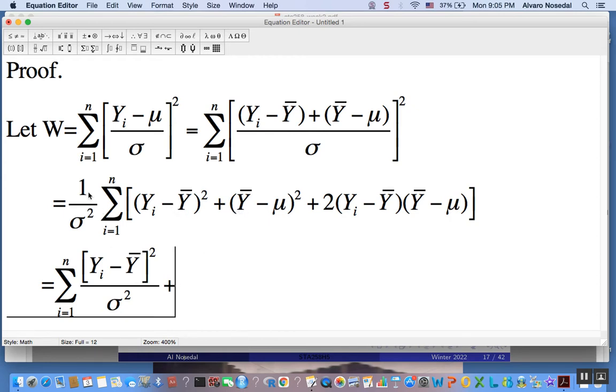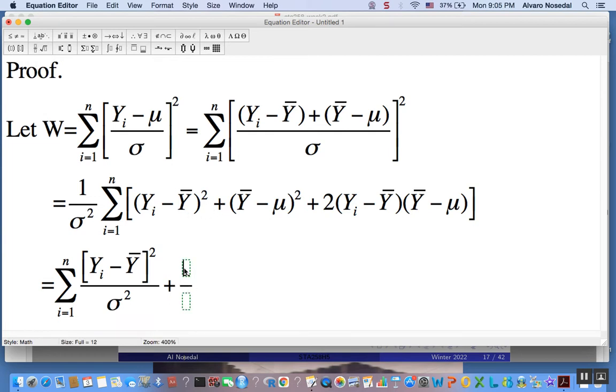Note that we have the sum of y bar minus mu squared, where i goes from 1 to n, so what we have is n times y bar minus mu squared divided by sigma squared. Okay,